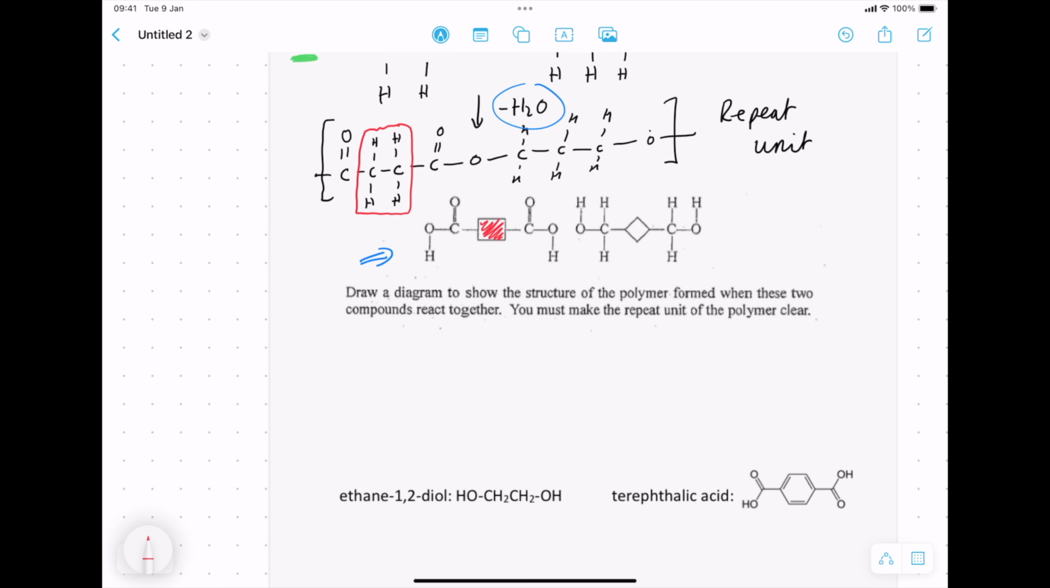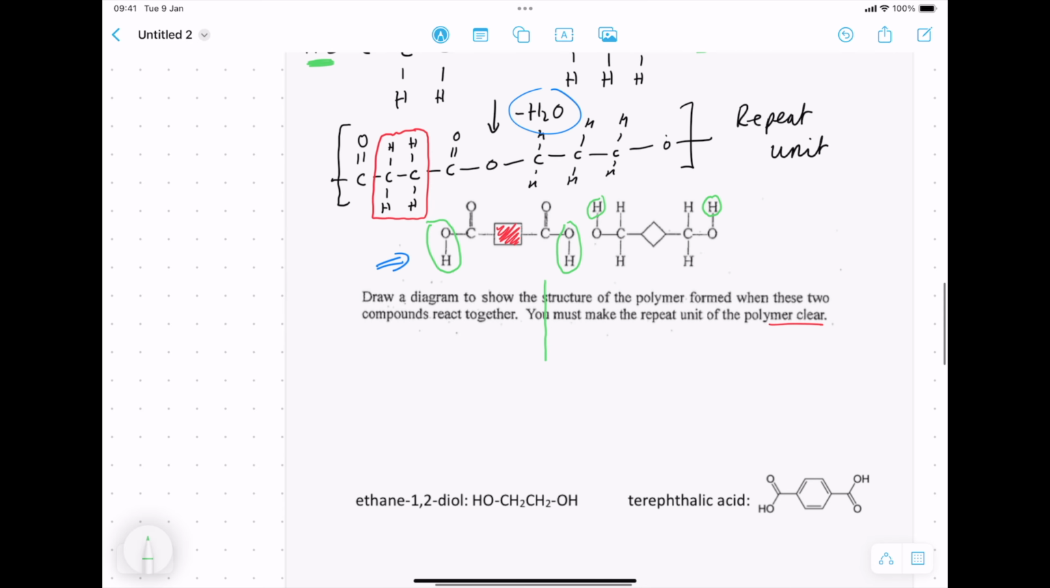Let's put this molecule together, this repeat unit. So it says you must make the repeat unit. And what am I going to do? I'm going to do exactly the same thing, but I'm going to jump straight to the answer this time. So I'm going to take the OH of the carboxylic acid. I'm going to take the H of that alcohol. And then on the other side, I'm going to do exactly the same: the OH of the carboxylic acid, and then just the H of the alcohol. So jumping straight to the answer is going to give me,